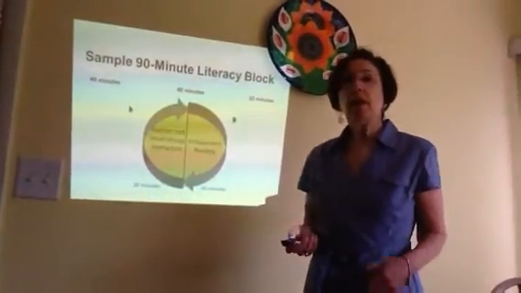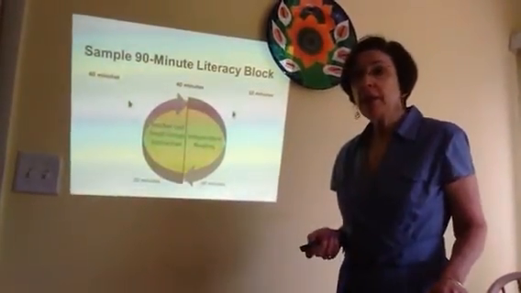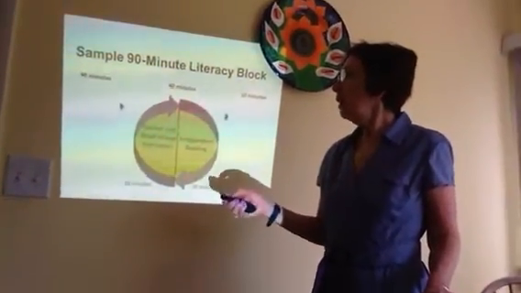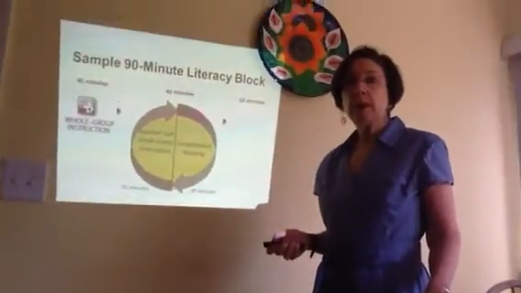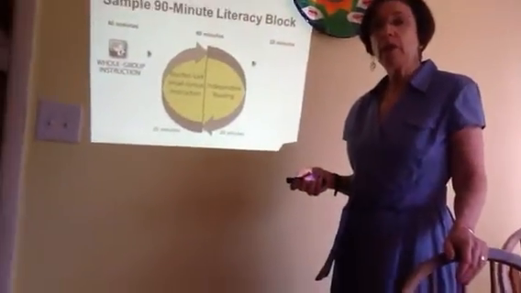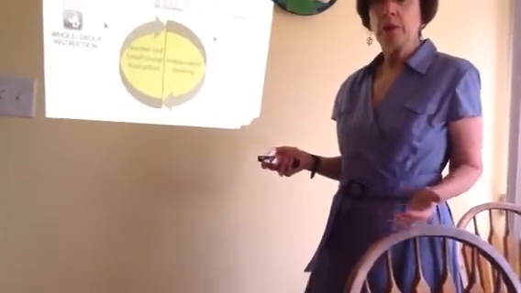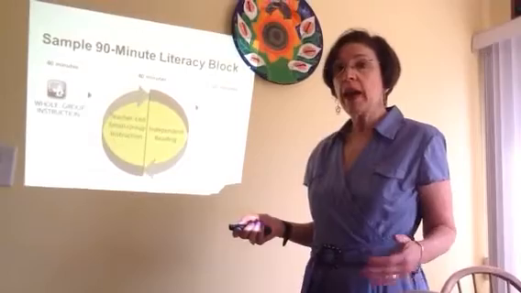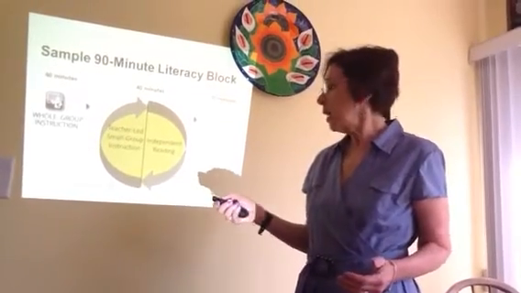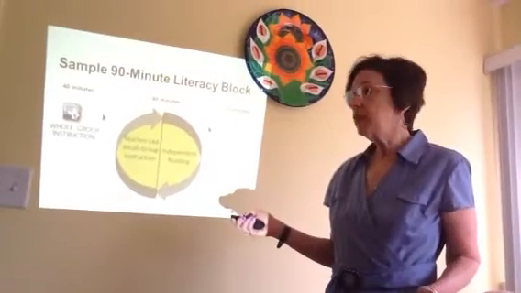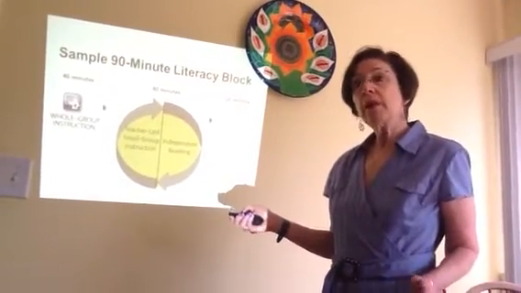Another idea, if you have a 90-minute model, you could spend the first 40 minutes as a whole group and use the text-dependent questions and the vocabulary routine and modeled and fluent reading during that time, going over the anchor text with the students. And then in the center time, in the middle 40 minutes, the students could be grouped